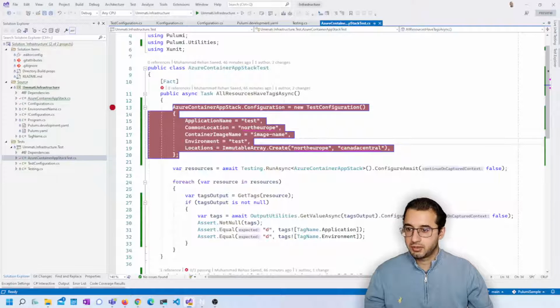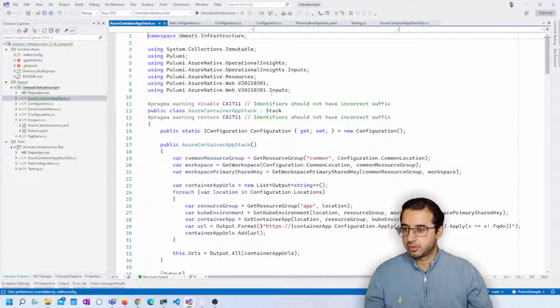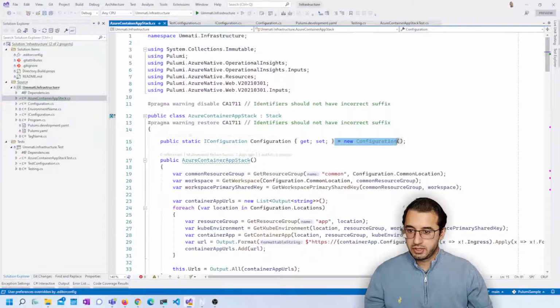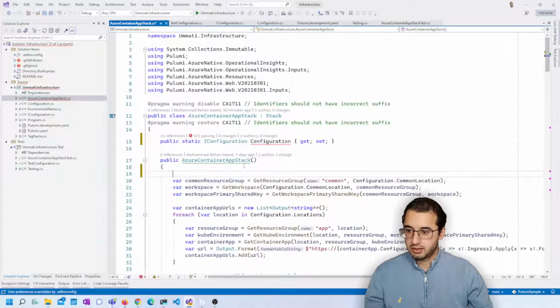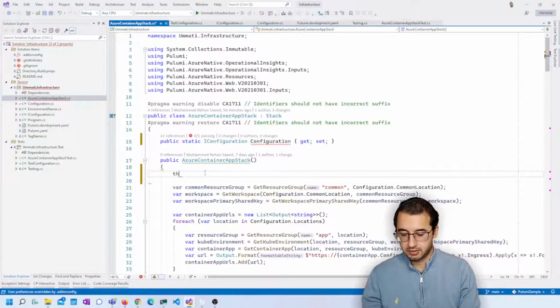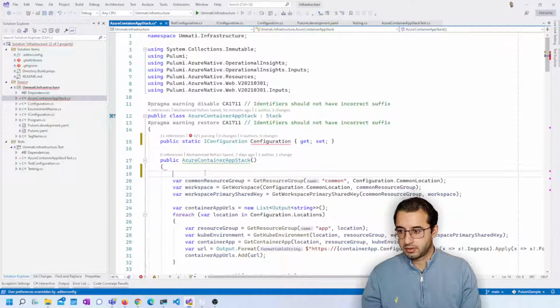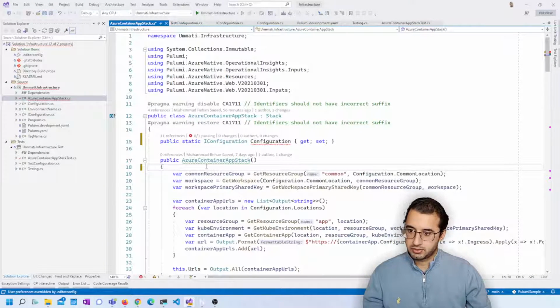Is it complaining because it's trying to new up one of these here? That's probably where I've gone wrong. So I need to set configuration. How do I do this here? So